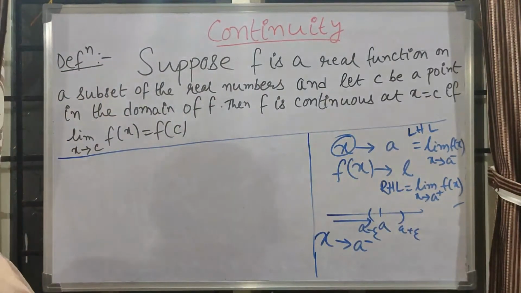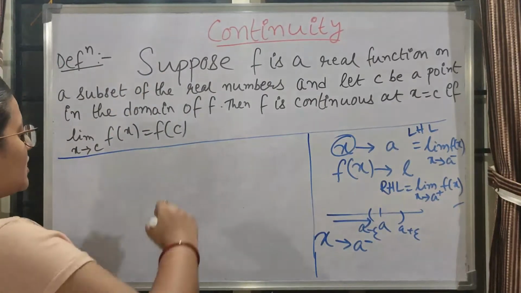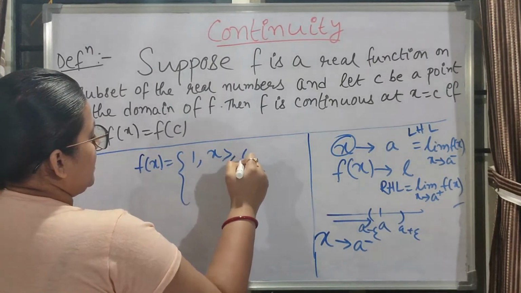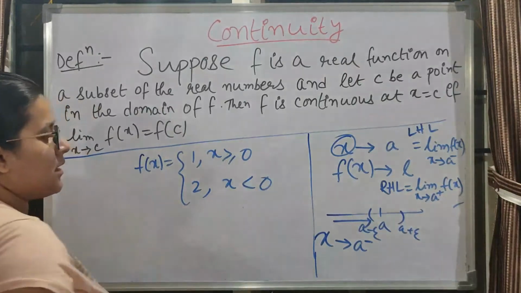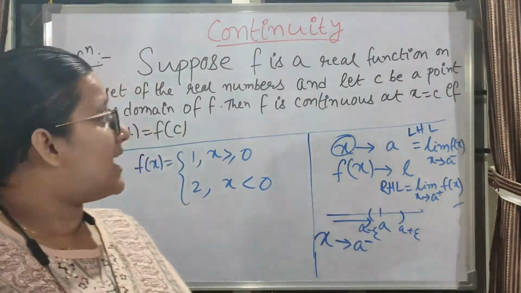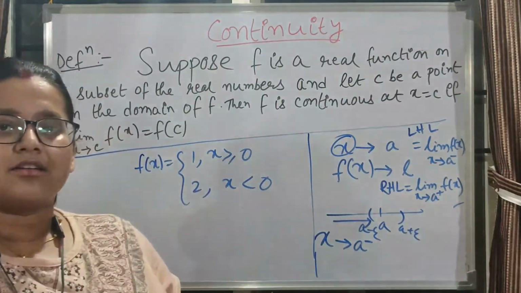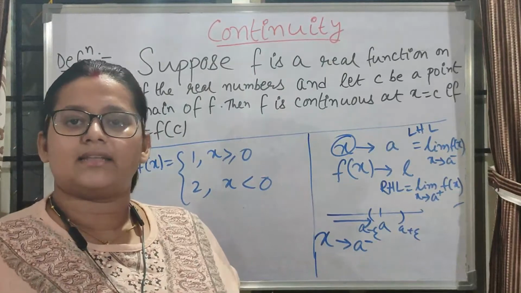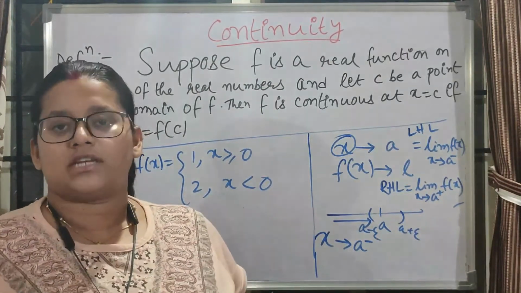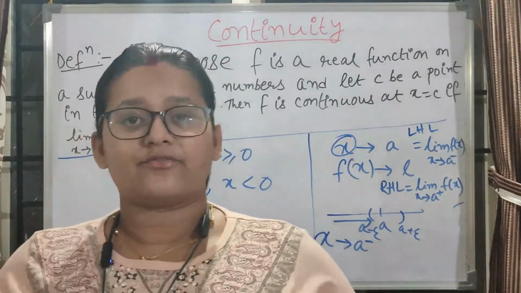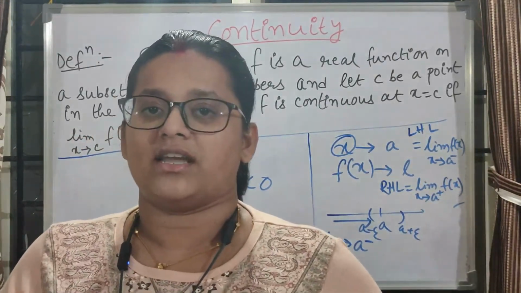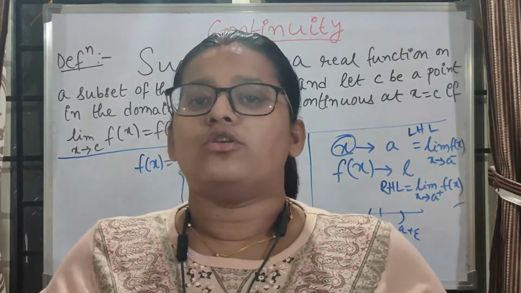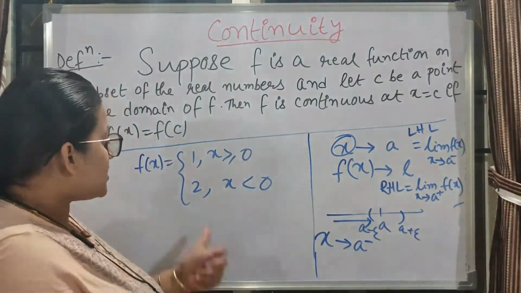Then coming to continuity, before going to the definitions, I would like to explain through an example. So I am taking this example. From the name of continuity, what can we say? Continuity means any curve or any graph, a straight line or anything, that you are drawing should be continuous. Without lifting your pen from the paper, you can draw the line continuously. That is called a continuous curve, a continuous straight line, anything. So this is the continuity basically. See this example.